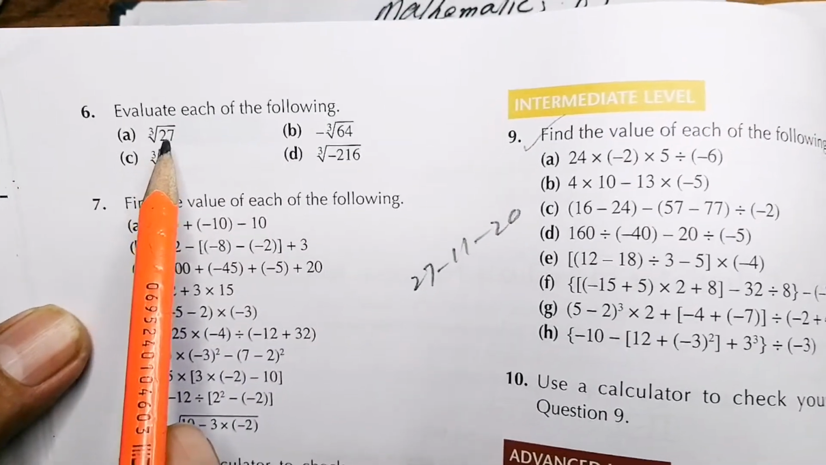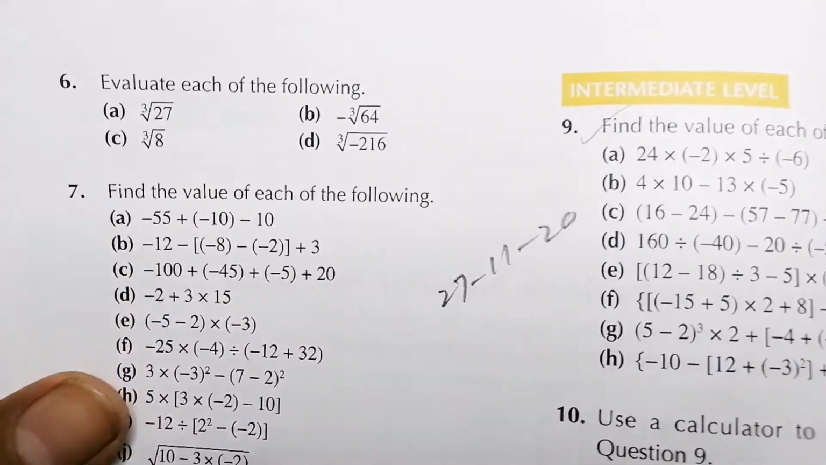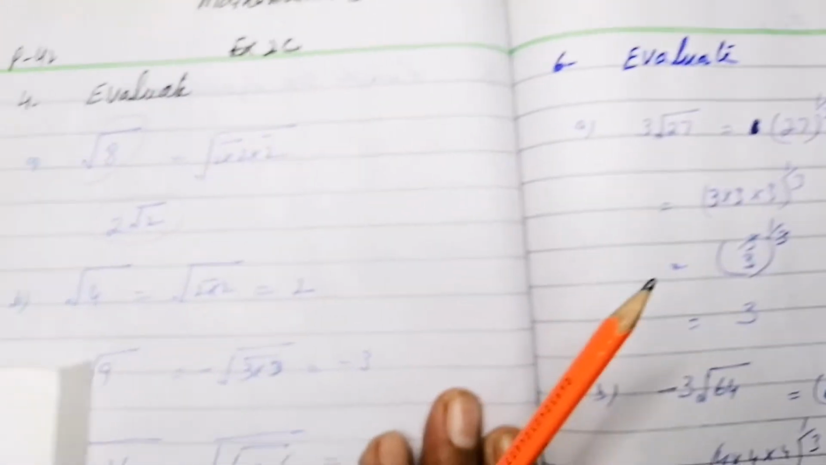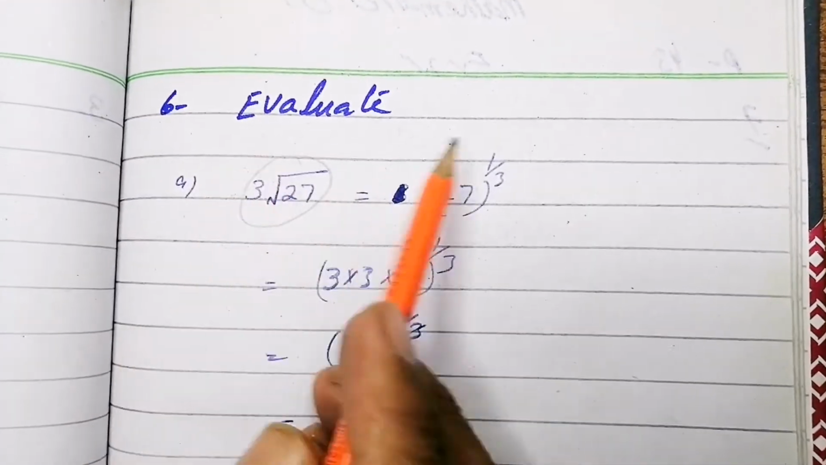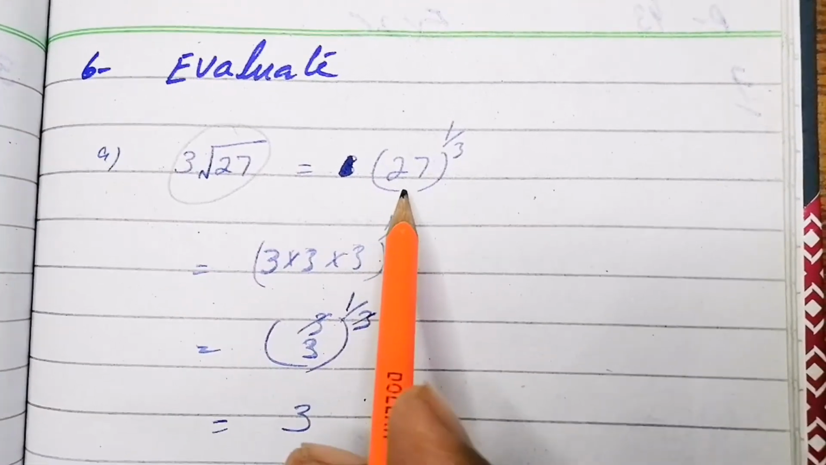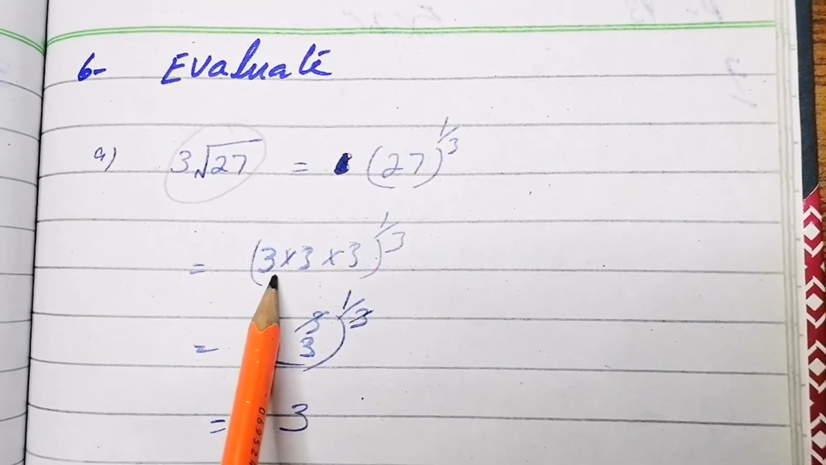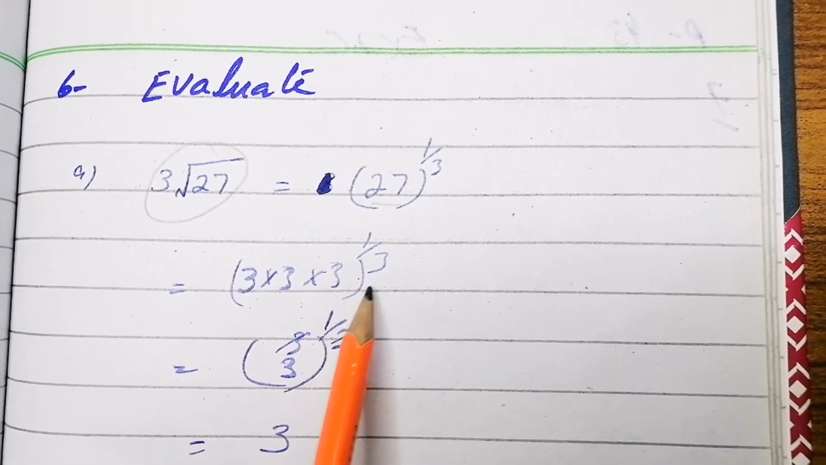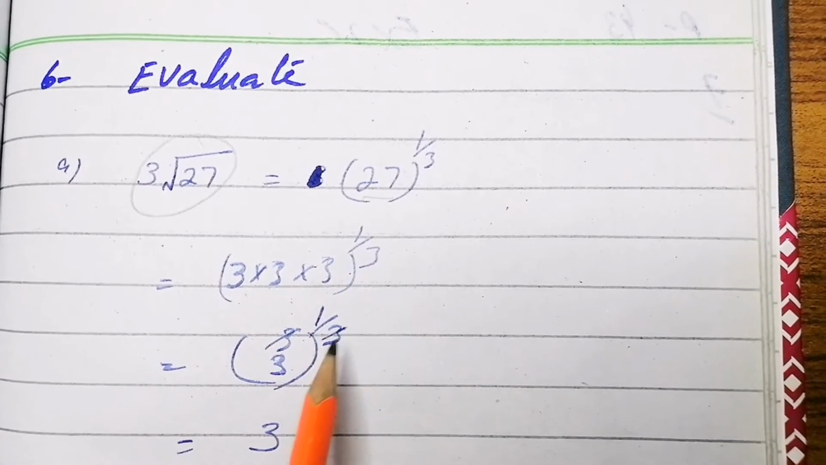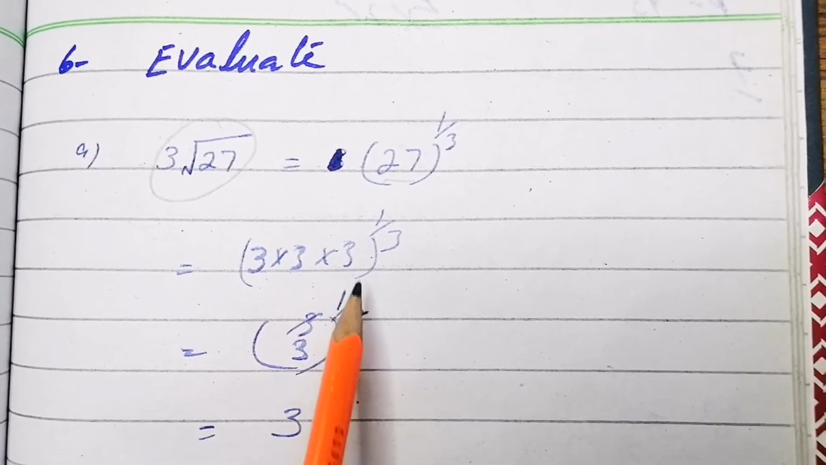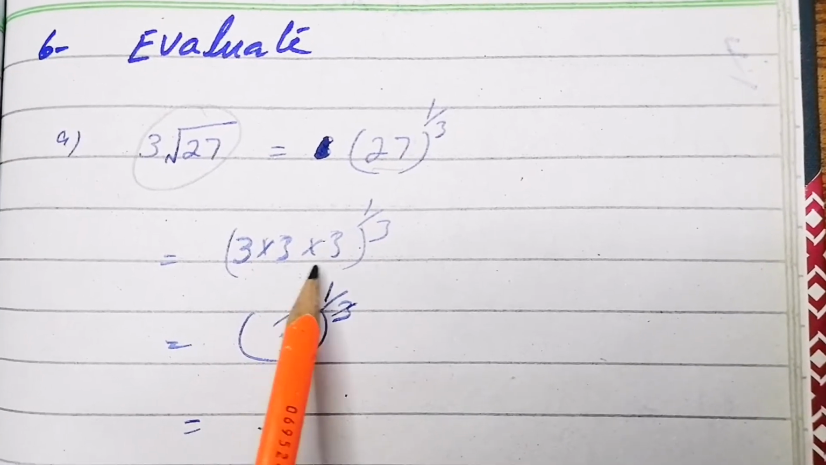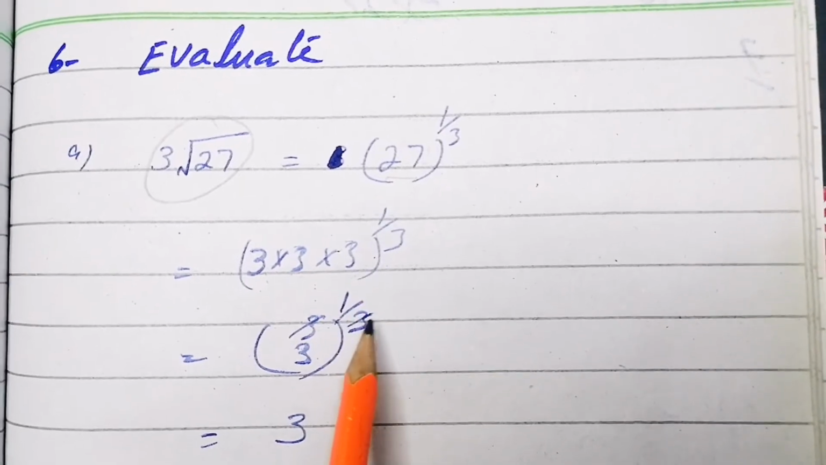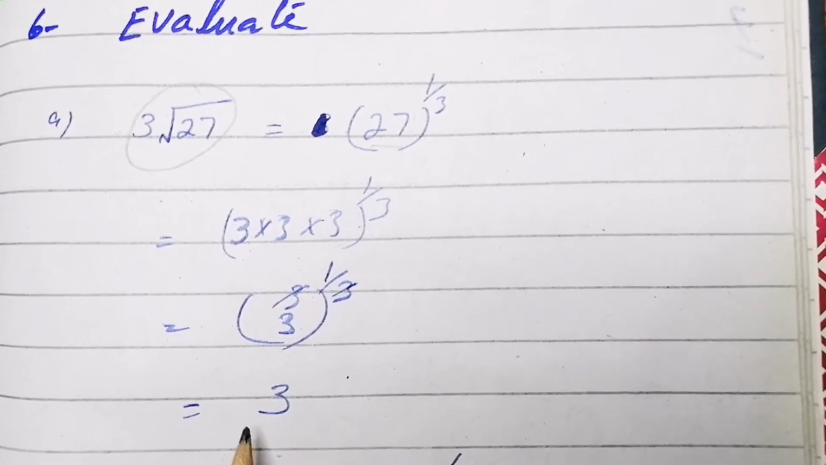Now page 43, question number 6 of exercise 2C, right? Evaluate the following. So cube root is given here, 27 raised to 1 over 3. We take factors of 27, 3 multiply 3 multiply 3, raised to power 1 over 3. So we take the power as 3 raised to power 3, then 1 over 3, we cancel this, and then the answer